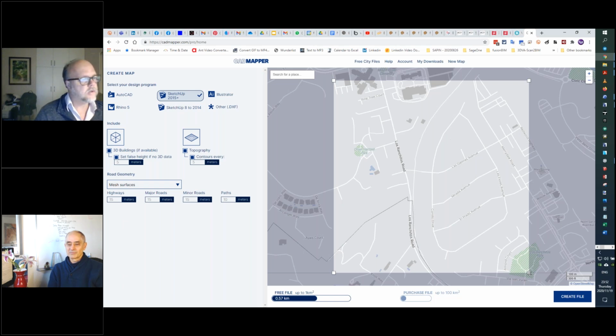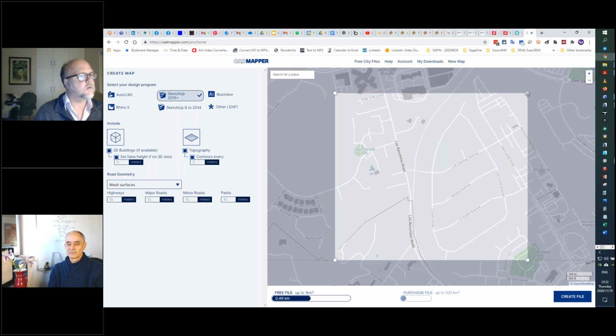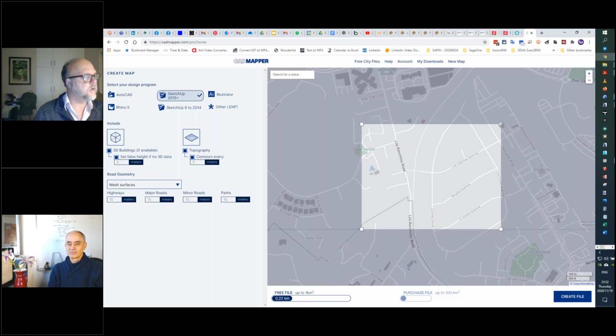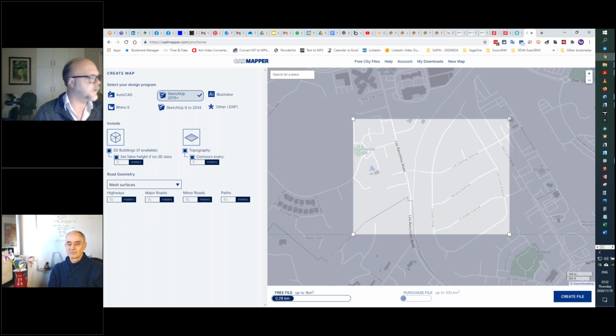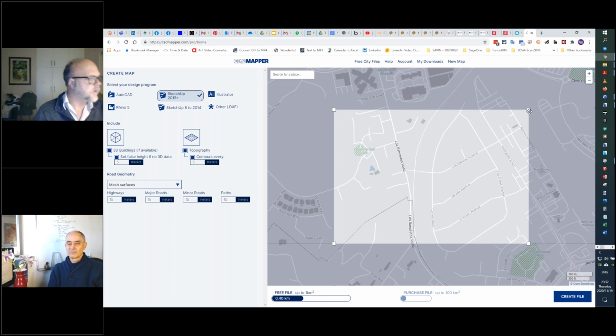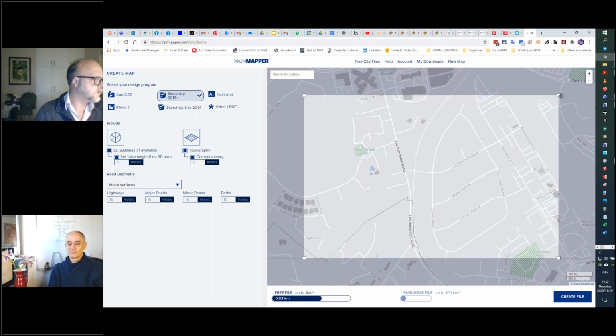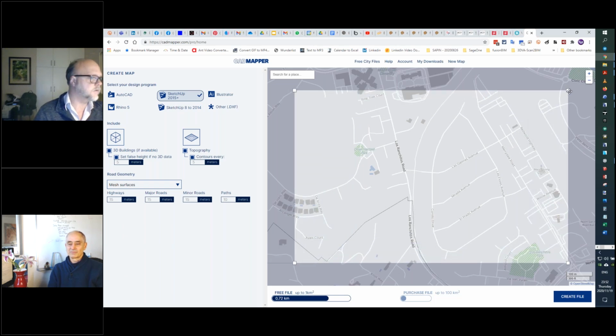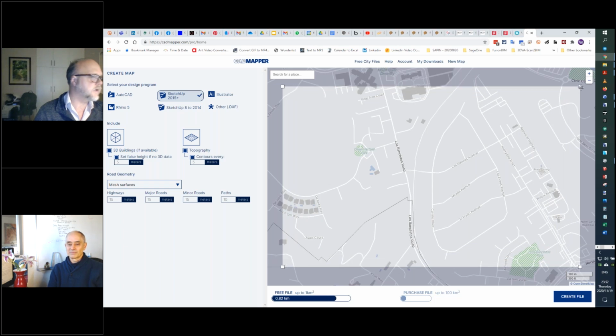And if you need a larger map, like I did need for the farm, it's really affordable. You just use this window to crop the area, the size of the area that you want. And at the bottom of the screen, you can see the size of the area. It's reporting and calculating the size of this crop window. And so we can grab quite a